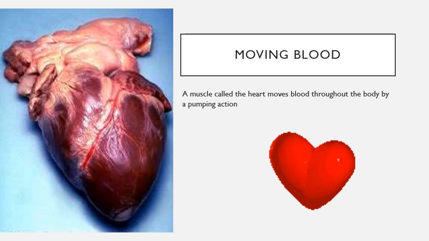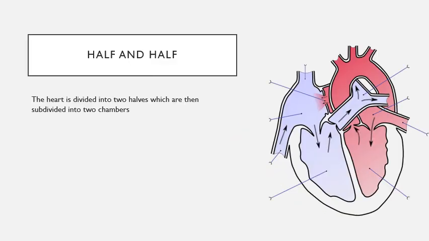The way they're able to move so efficiently is by using a muscle known as the heart. In case you didn't know, and I've had students who didn't know this, the heart's job is to pump blood through the body. The structure of the heart is there are 2 halves. And those 2 halves are subdivided into 2 chambers. One chamber receives the blood, the atrium. The other chamber gets it out, the ventricle.